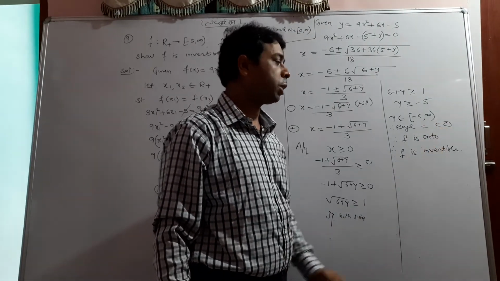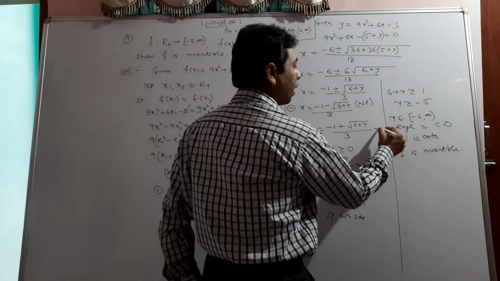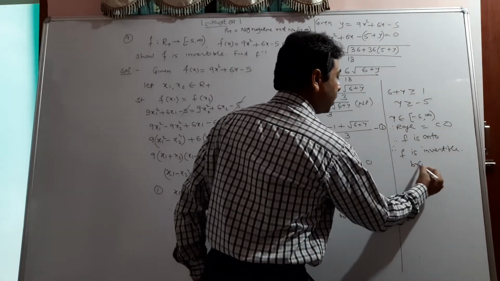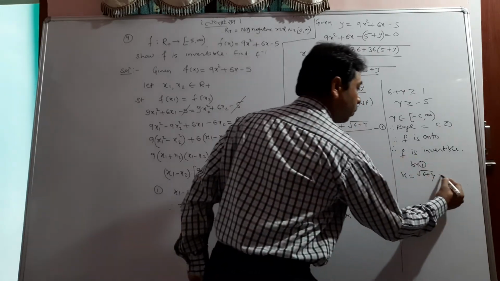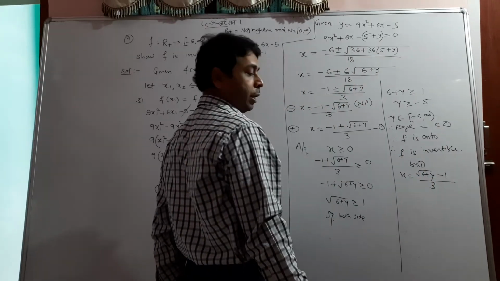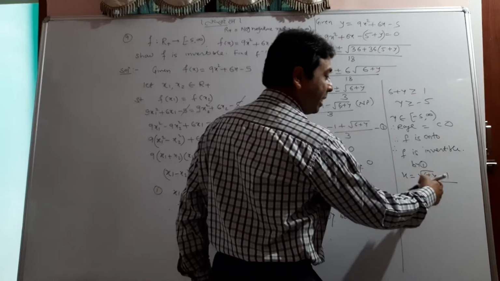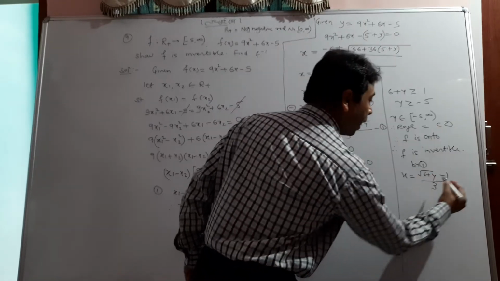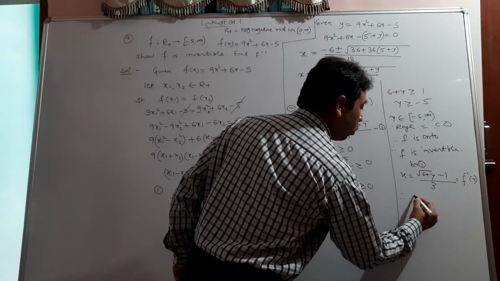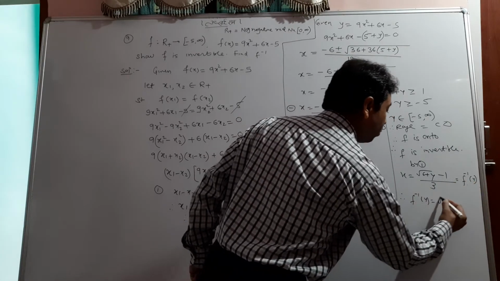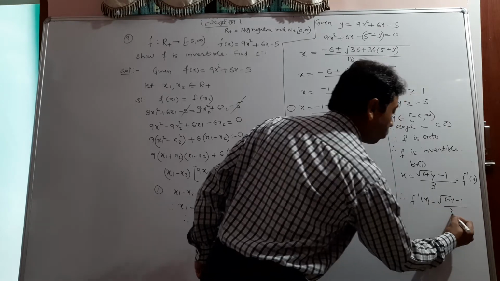That's why the function is invertible. By 1 you can say that x is equal to 6 plus (y minus 1) upon 3. And what is this? It is x in the form of y. I have taught you this is none other than f inverse of y. So you got that f inverse of y is equal to 6 plus (y minus 1) upon 3.